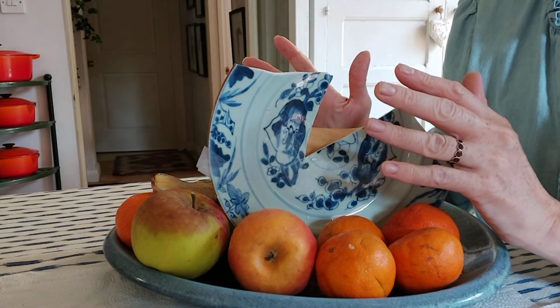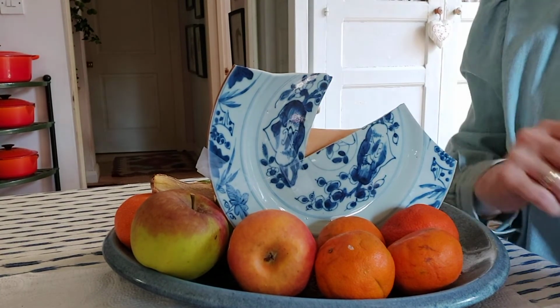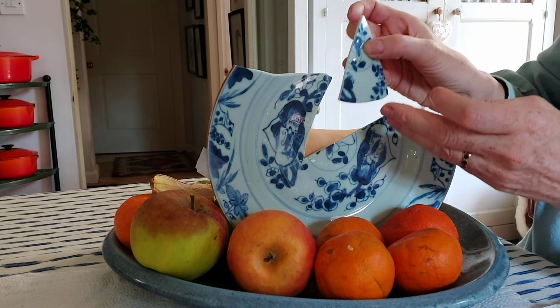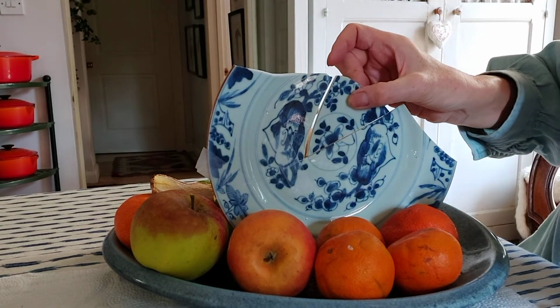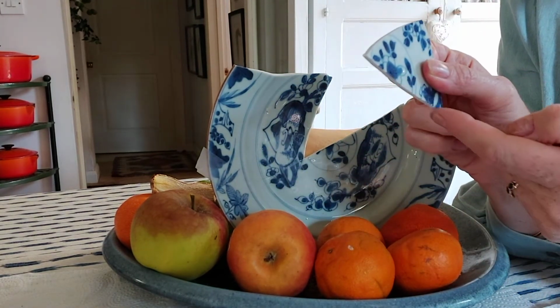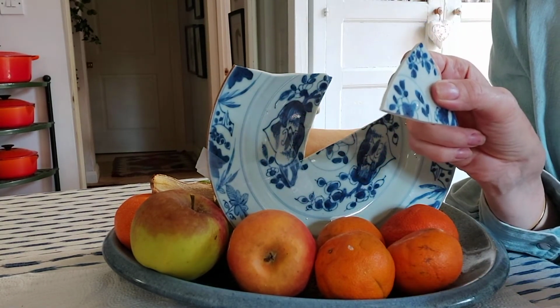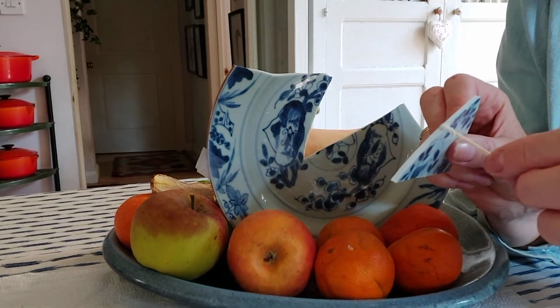That's the first part. So the second part is this part here. So again, just make sure where it's placed, which is there. So now I'm going to glue this part and this part. So again, I'll just take my glue and just